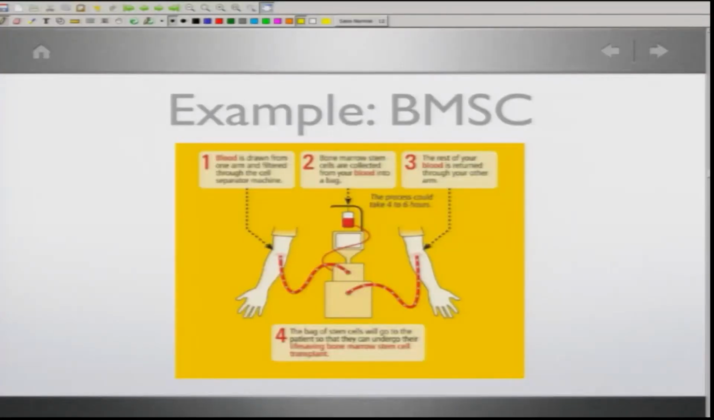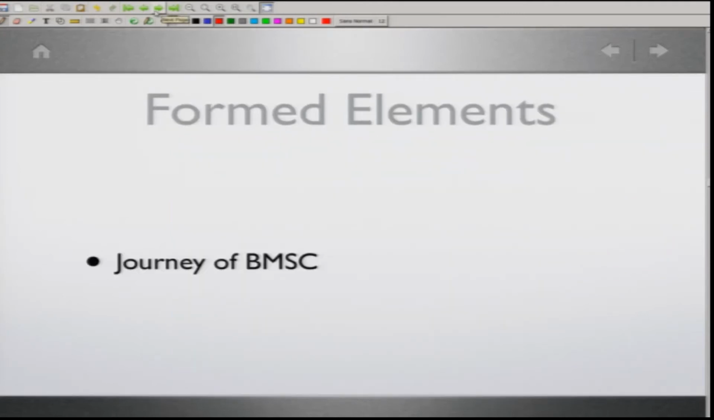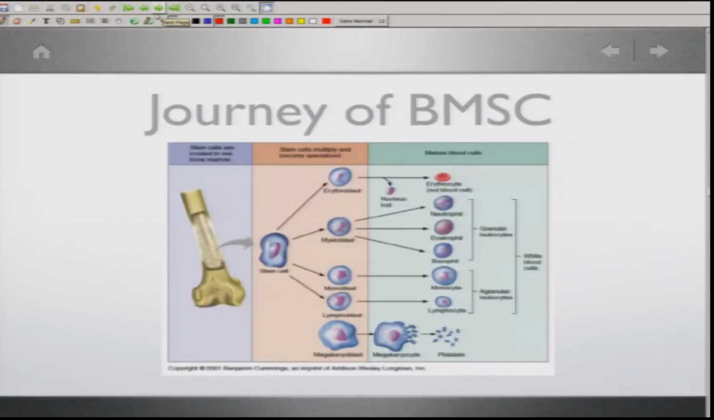Okay. So, now coming here, blood is drawn from the body, and this is where you are isolating the bone marrow stem cells. The stem cells, BMSCs, are involved in the formation of blood. I will come later to a little bit more about the whole function of the BMSCs. Okay. So, formed elements, the journey of the BMSCs. The BMSCs, bone marrow stem cells, divide into erythroblast, which is forming RBCs,